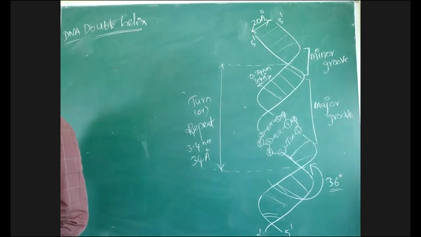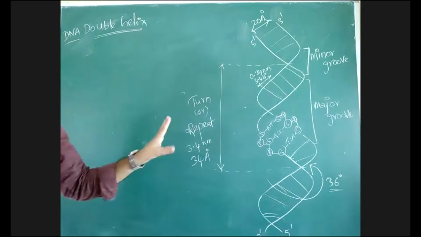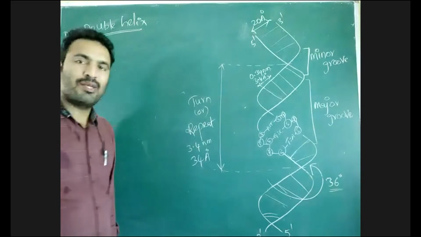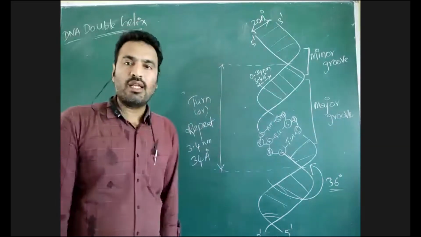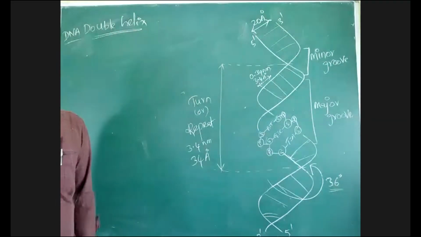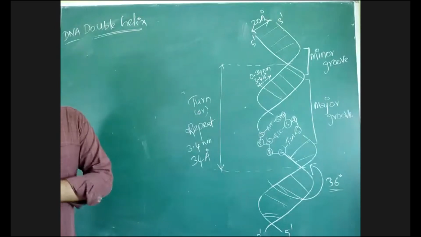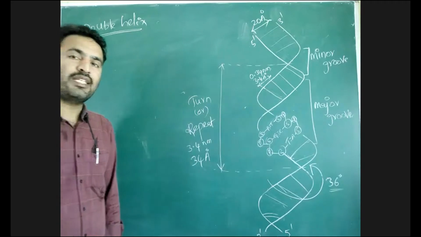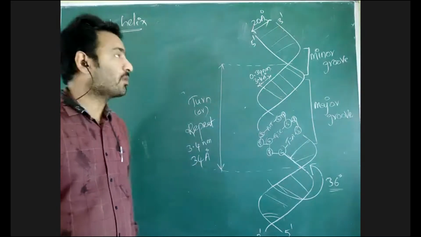Okay, as you have notes for the double helical structure of DNA from 11th standard, you can refer to those notes. I will explain the diagram and give you an idea how to solve questions or problems related to the structure of DNA. Now see the double helical structure of DNA. Who proposed it? It was proposed by Watson and Crick, James D. Watson and Sir Francis Crick.